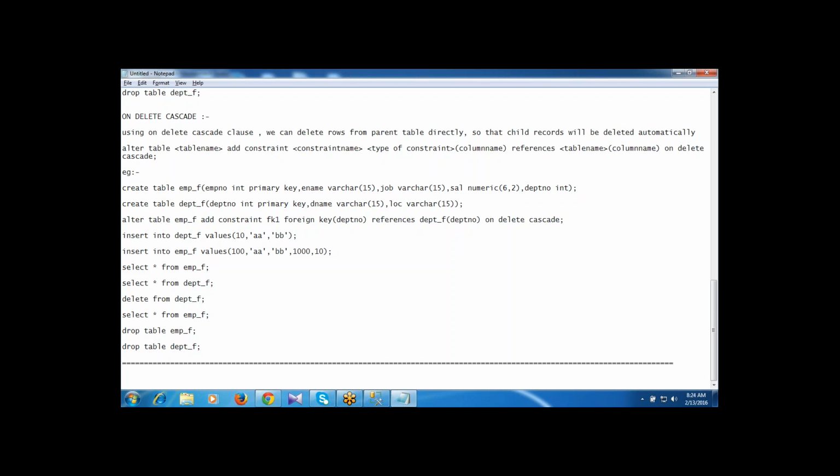And the CHECK constraint is based on a condition. If I write a condition on a column or a group of columns in a table, then while inserting data into that column, the given condition should be satisfied. To restrict duplicate data and null values, we write the UNIQUE constraint and PRIMARY KEY constraint.